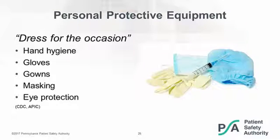I tell people to dress for the occasion. Think about the job or task or procedure you're going to perform and anticipate potential ways you could be exposed or have splashing of blood or body fluids. We've already discussed hand hygiene, but gloves are an important part of this, and we're going to discuss them in much more detail. But when it comes to gowns,